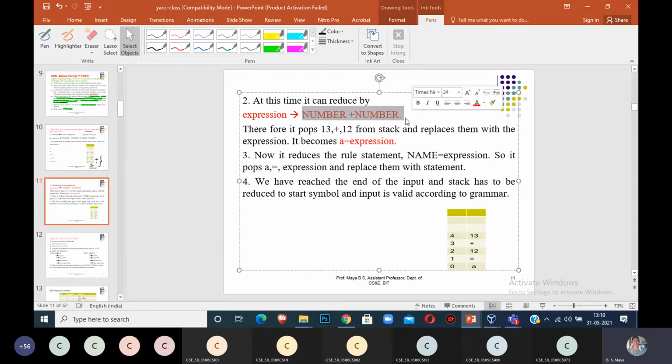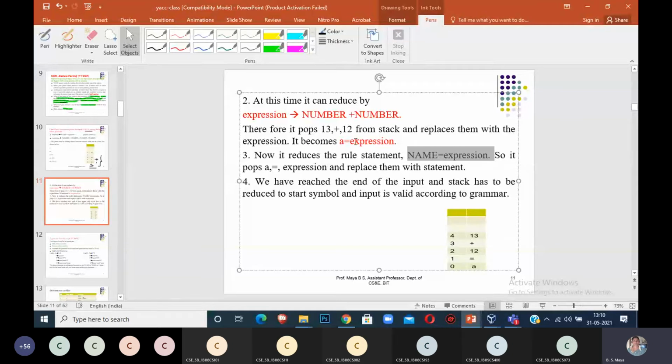This is my grammar. Therefore, it pops number, plus, and number from the stack and replaces them with expression. It becomes A is equal to expression. After that, it reduces the rule name is equal to expression.